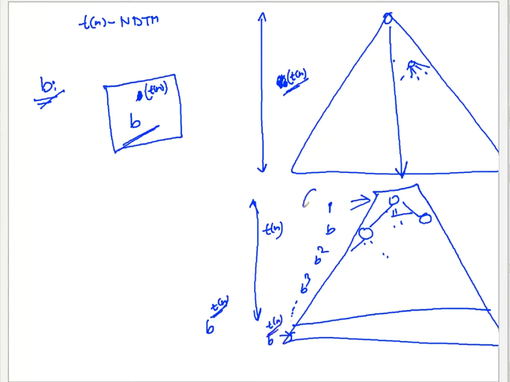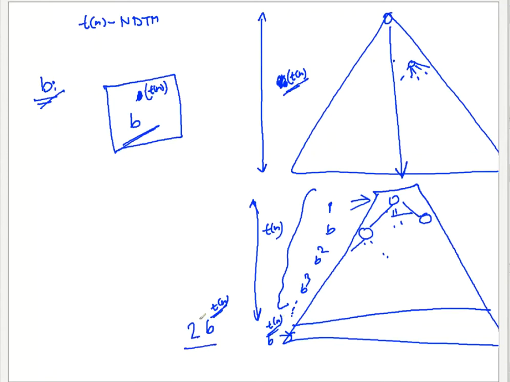So all the internal nodes together will be at most b to the power Tn, right? Because this is a GP, and if you take the sum, up to level Tn minus 1, it will be Tn plus 1 over b minus 1, so it will be at most the same. So the overall number of nodes will certainly be bounded by 2b to the power Tn.